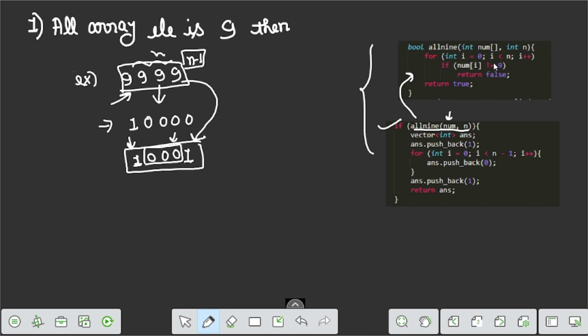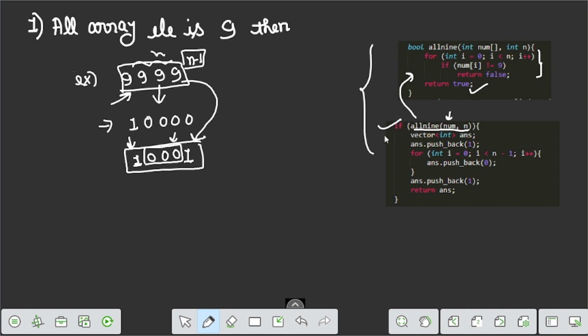This function checks whether all elements are 9 or not. So in this function we traverse the whole array, and if there is any one element which is not 9, then we return false, and after this for loop we return true. This returns true when all elements are 9.